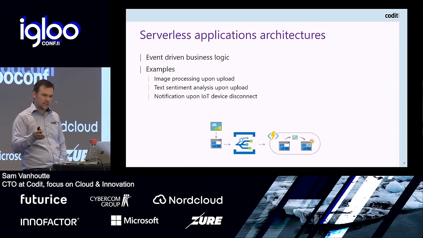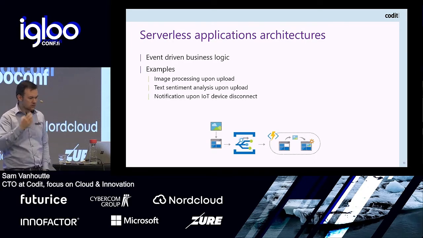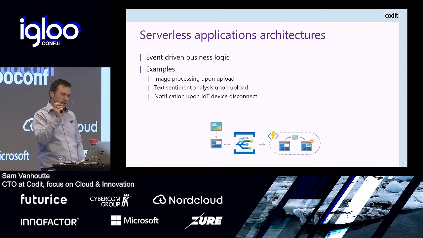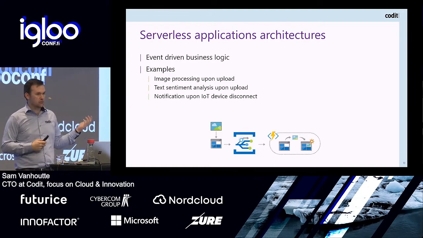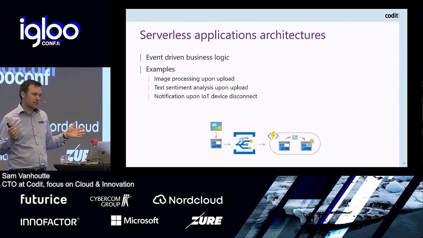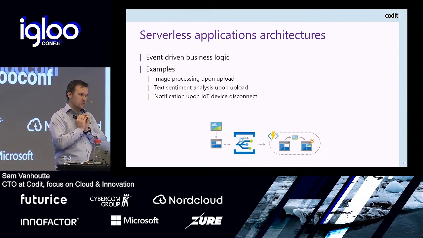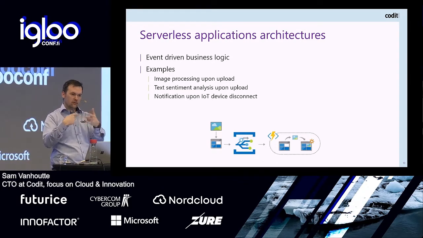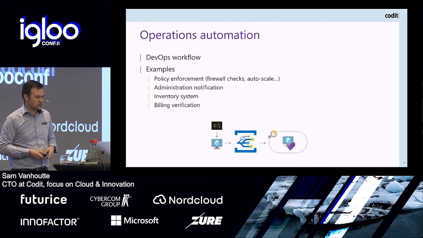Of course, with functions and their bindings, I think we have a talk about functions after this and also by Alan tomorrow. But with their bindings, of course, it got much cheaper because you don't have to spin up a virtual machine to do the polling. But with Event Grid, you just have this thing happen. It fires an event and it calls something to you, so these events get pushed to you rather than you having to pay for yourself to do all the polling. And that's a big difference in the serverless world.